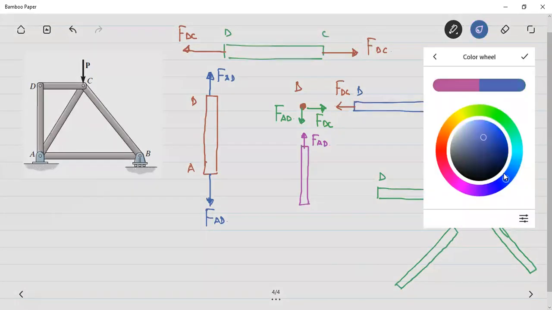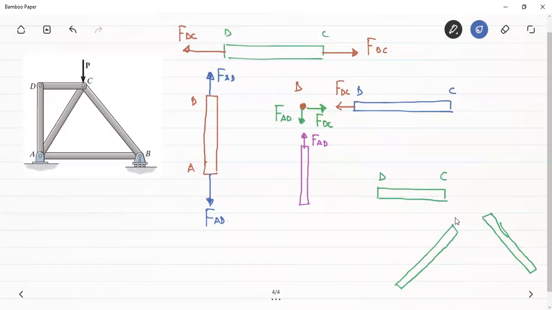So if I'm assuming AC to be tensile initially, then FAC will be in this direction, and FBC will be in this direction, and FDC will be in this direction. Okay, so to show the forces on the joint C,